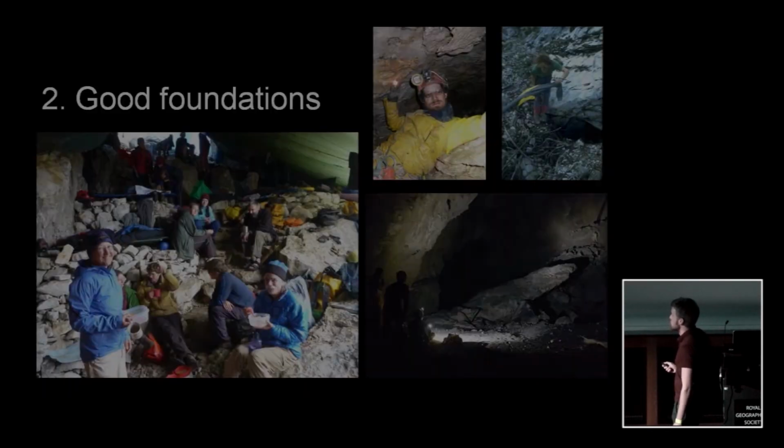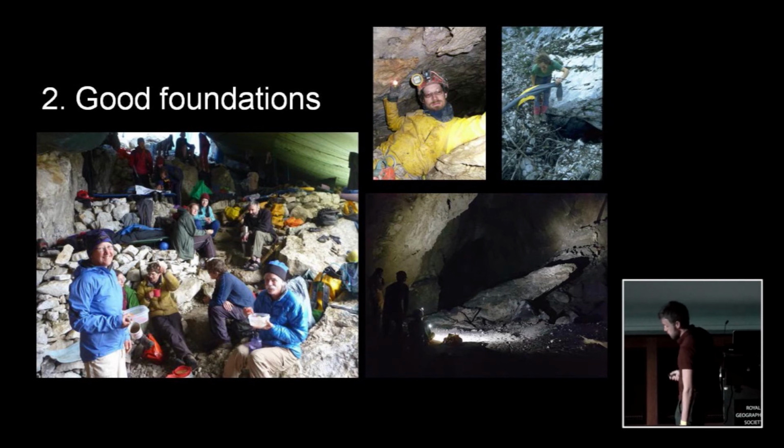It's all good things. At Top Camp, we've got a lot of experience. We've got a good bivvy site. We've got places we can store things. We've got good relations with the local cave rescue, who are very excellent. We had a flood-in a few years ago, and the guy turns up in a helicopter at a moment's notice. Yeah, it was very reassuring, which is kind of what you want in your cave rescue organizations. And generally speaking, people like it. It's a nice